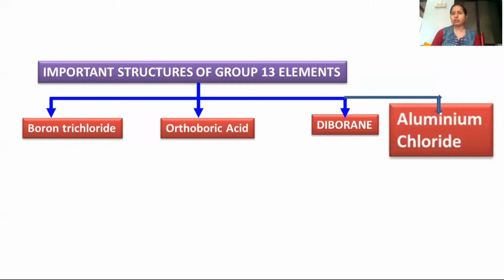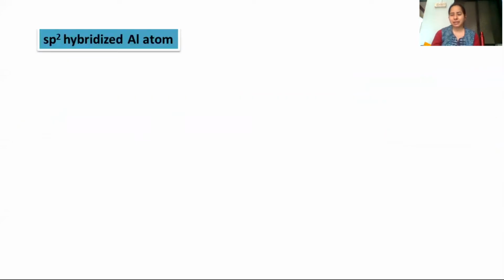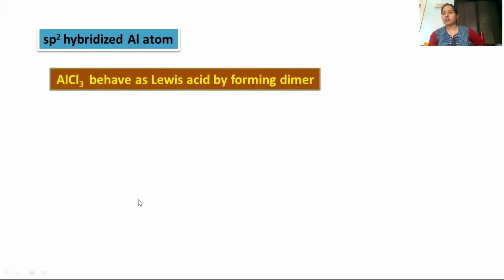When we studied the reactions of halogens with group 13 elements, we had studied the structure of aluminium chloride. When I say aluminium chloride, AlCl3, it is similar to boron. It will have an sp2 hybridized atom, meaning aluminium shares 3 electrons and would have a total of 6 electrons. Because of having a total of 6 electrons, the structure will be electron deficient, and it will have a tendency to accept an electron pair and will behave as a Lewis acid. So when we say AlCl3, in case of structure, it will never exist as AlCl3. It will always form a dimer.